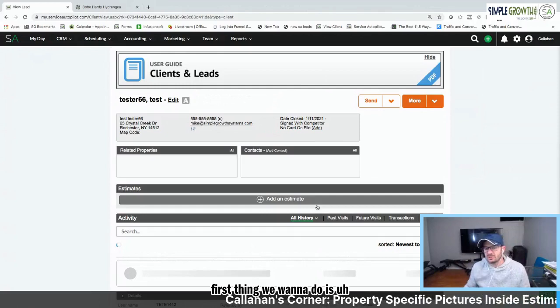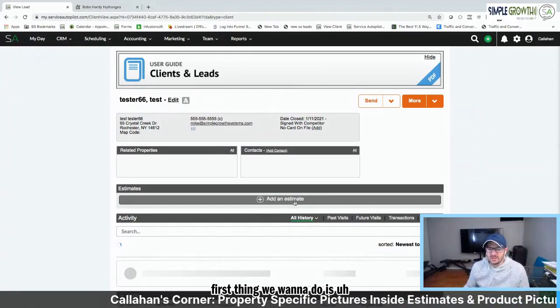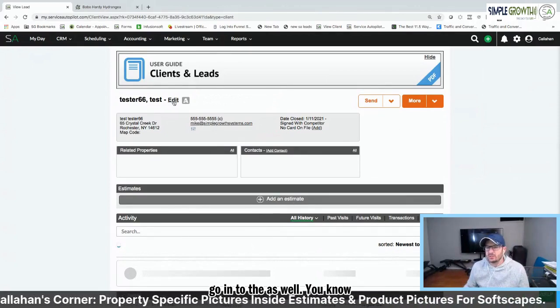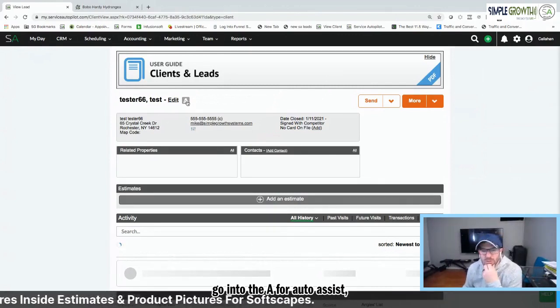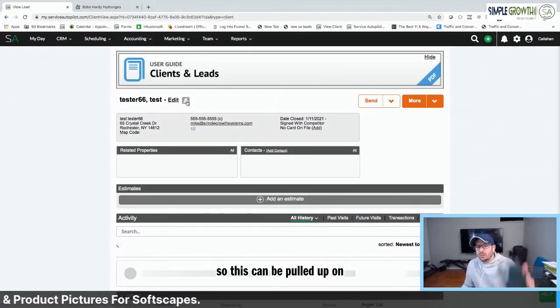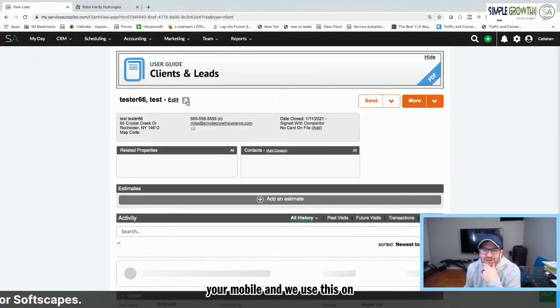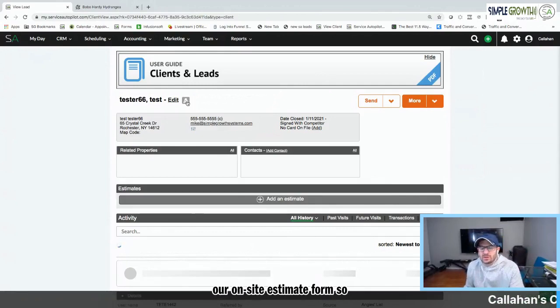So the first thing we want to do is go into the estimate. Well, you know what? Actually, what we're going to probably do is go into the A for Auto Assist. So this can be pulled up on your mobile, and we use this on our on-site estimate form. So the idea here is